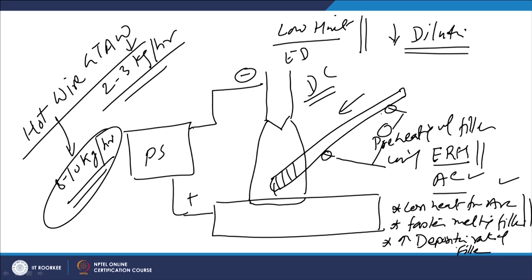for preheating of the filler wire, then the electromagnetic fields associated with the DC current being fed in the filler wire and the DC current being used for developing the arc, these two electromagnetic fields can interact with each other and can cause the problem of the arc blow, which will primarily involve the deflection of the arc from its intended path or intended location, and that will lead to the deposition of the filler metal elsewhere as compared to the location where we want.